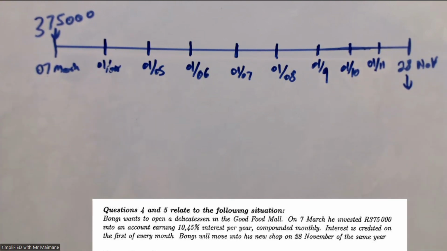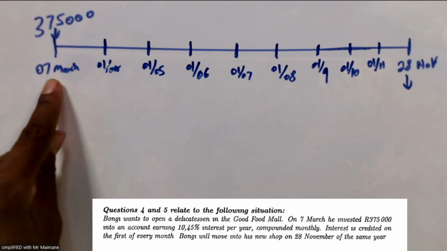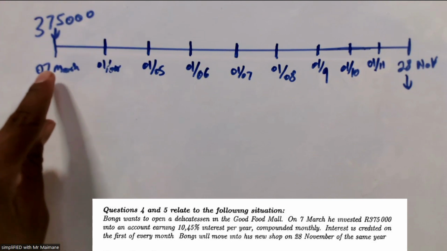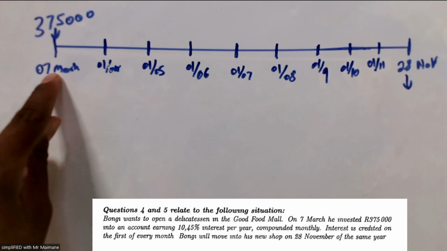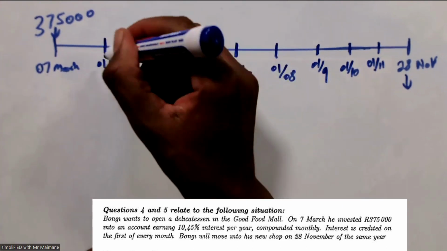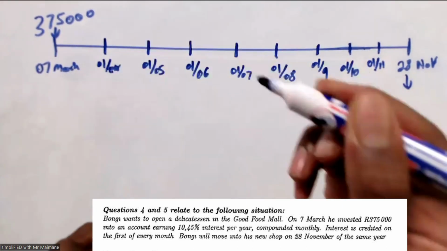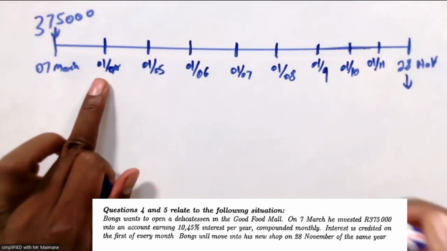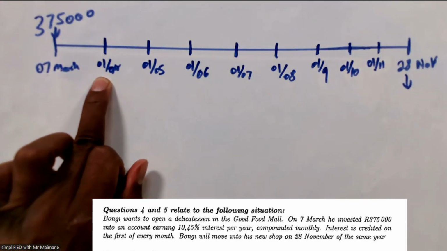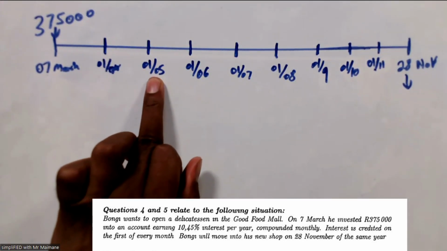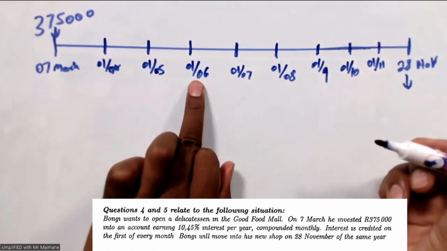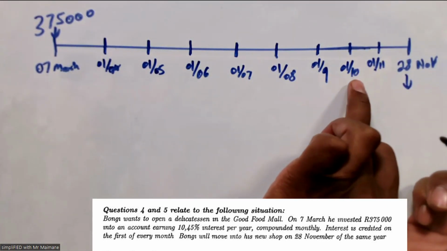However, interest is credited on the 1st of every month. So as much as he invested on the 7th of March, the next interest that will be credited into his account is going to be on the 1st of April, which is the 1st of the 4th month, the following month. And then also on the 1st of May, and then 1st of June, like that. So on the 1st of every month,